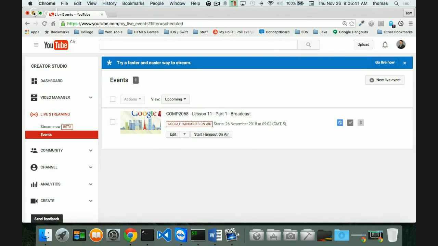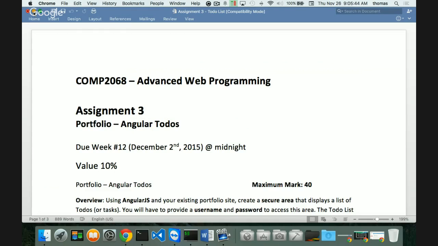So the little lab we had was due last night. I've got this assignment number 3 that I'm going to put out. It's worth 10% of your final mark, but it's just an add-on to your portfolio. It's just the Angular piece. If you've done your Angular training with Code School, then what we're going to do with this one is add on